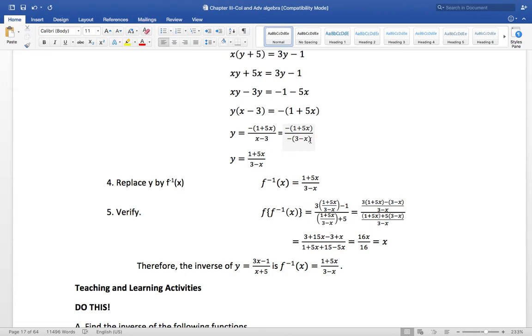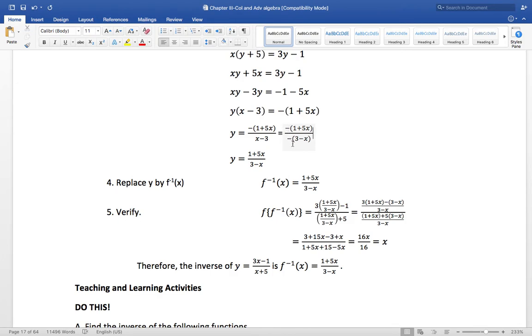Ganyan yung mangyayari. Paano nangyayari yon? Pareho lang ang x minus 3 sa negative times the quantity 3 minus x. How do we know? So negative times 3 is negative 3. Negative times negative x is positive x. So it's the same. X minus 3. We just want to factor out negative 1 so that we can eliminate the negative sign in the numerator